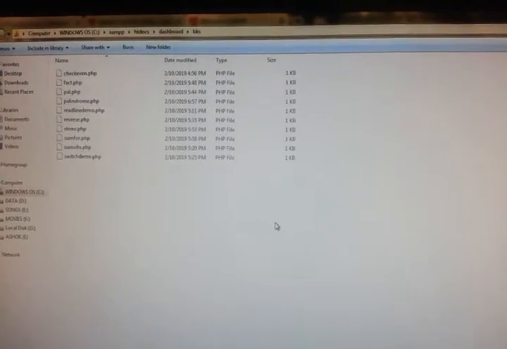So what you have to do is save your PHP file in your own user defined folder in htdocs. Whatever programs you want to do, you have to open your editor, whatever editor you are using, and save in this particular location.